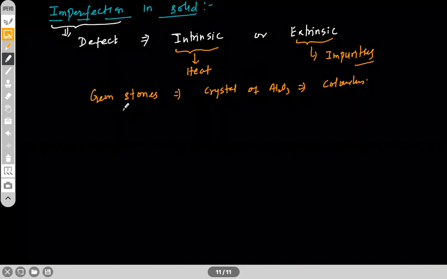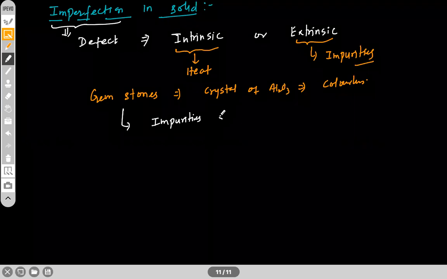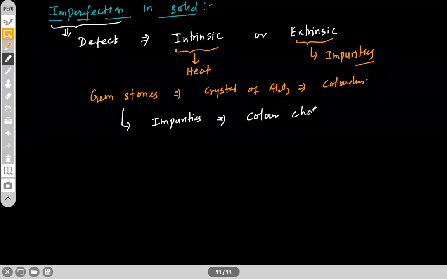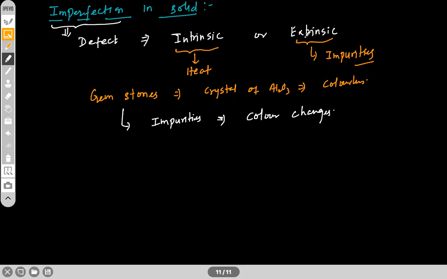But if you add impurities into the gemstones, its color changes. From colorless, it becomes colored now. The color changes because of the impurities you add. So this is one kind of imperfection, and it is extrinsic imperfection because you are adding something from outside. So intrinsic is within the metal, extrinsic is if you add something from outside into it,